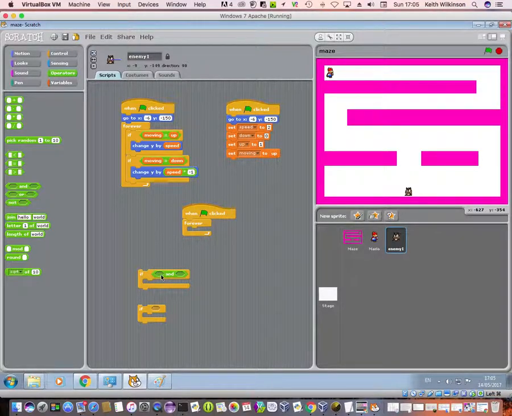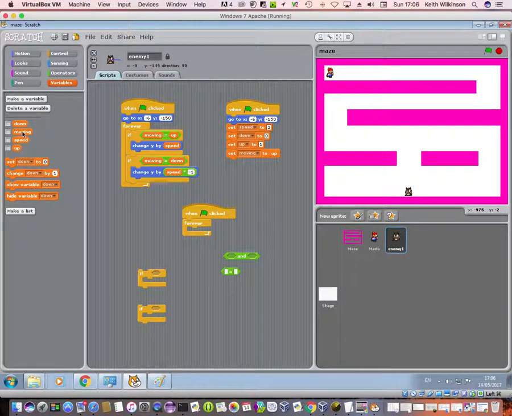So if he's moving up and touching the maze, then we want to send him in a downwards direction. Let's see if we can handle that one. The problem is we can't just say moving equals up. There's nothing there. We have to use another operator. If you remember, we used the equal sign here. We're going to use the equal sign again, which fits the correct shape for that little gap. So if, let's go and get it, moving equals up,